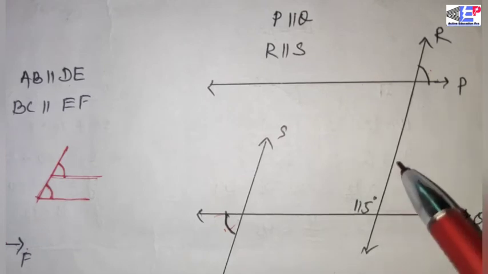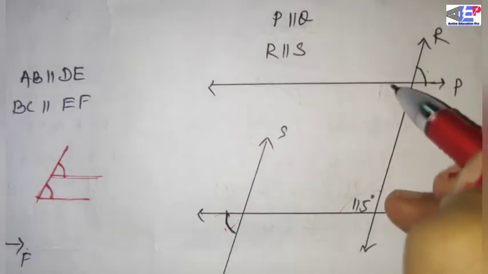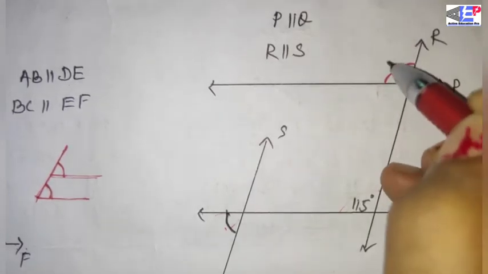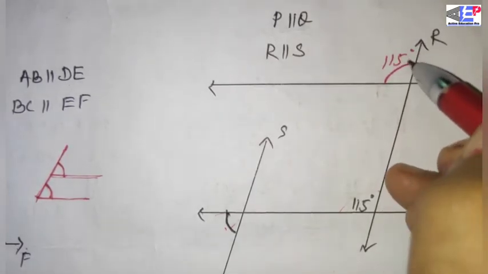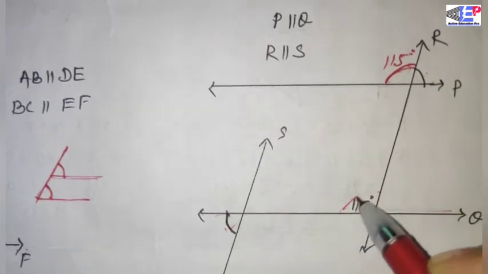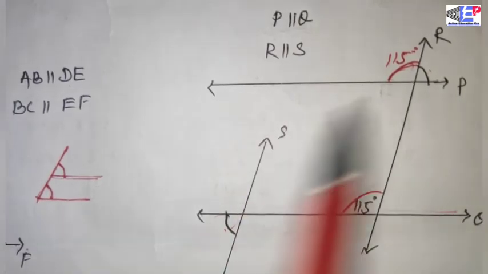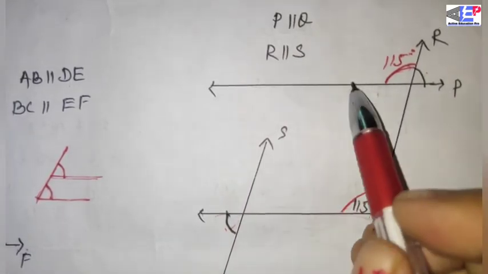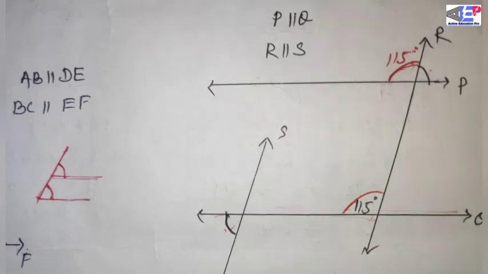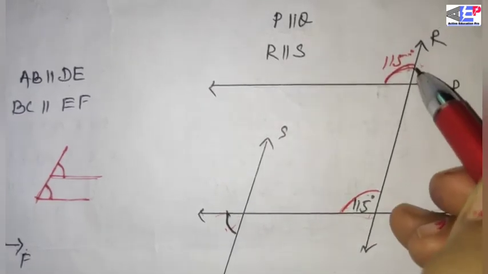Now look here. This will be 115. Similarly, this will be 115. How? Because this is a corresponding angle. This angle is a corresponding angle to this angle. Okay, F-like structure. Here I repeat it, F-like structure. This is the line F in the upward direction. This is F, 115 and 115. So what will be the value of this angle?